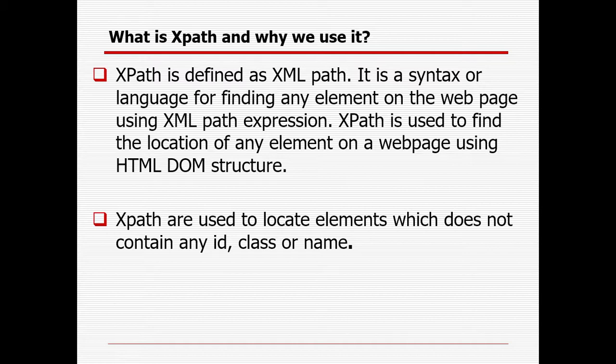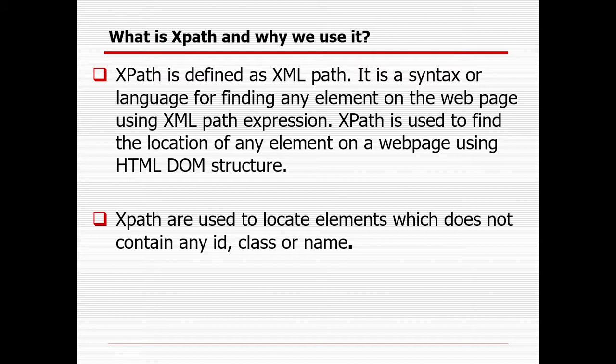So you have already seen that we can identify an element with the help of ID, name, class, tag. There are different properties available, but in case there is no such ID, name, or class available, or sometimes it is not unique, you have to create your own XPath, or selector, through which you can identify the element. If you are not able to identify the element, it will not be possible for you to perform any operation.